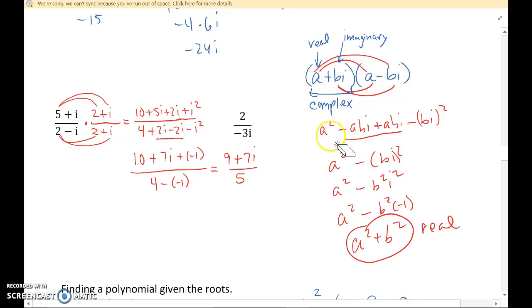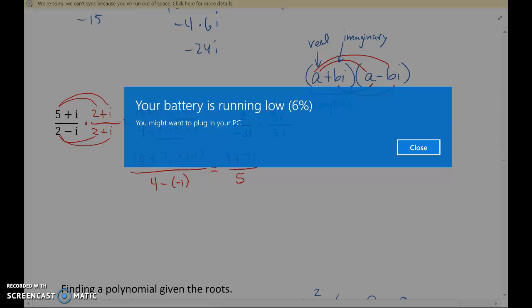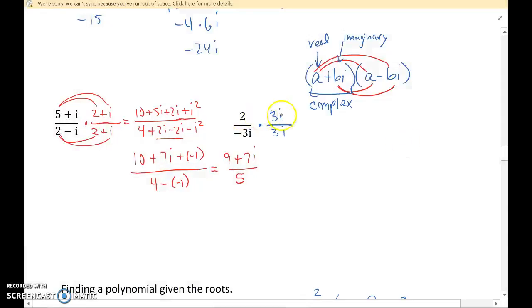All right. In our next example, we have 2 over negative 3i. We want to multiply this by positive 3i over positive 3i, which is the conjugate of our denominator. We multiply straight across, and we get 6i over negative 9 i squared. The i squared becomes a negative 1, so 6i over negative 9 times negative 1,